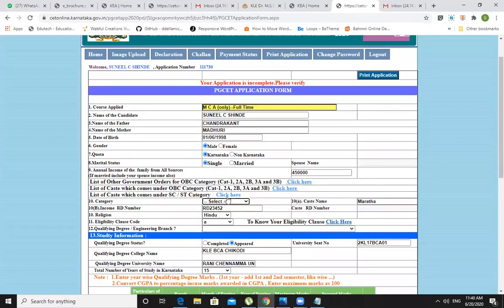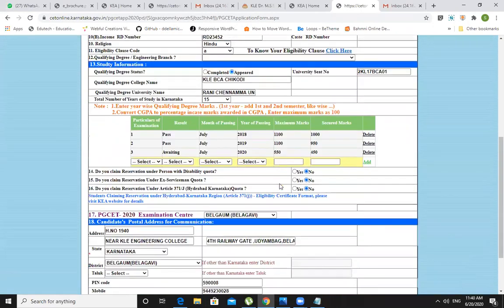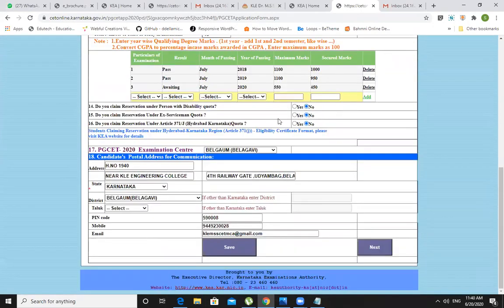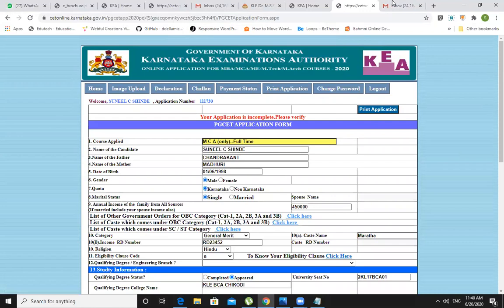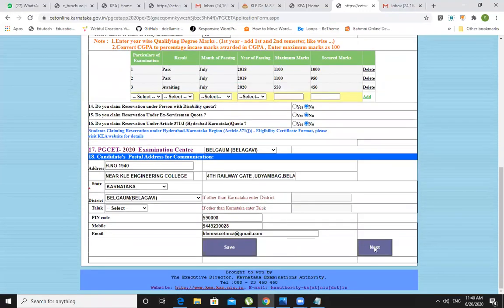Then reservation category is also asked: general merit. Once again verify it and click on save. It says saved successfully. Then here you can click on next.